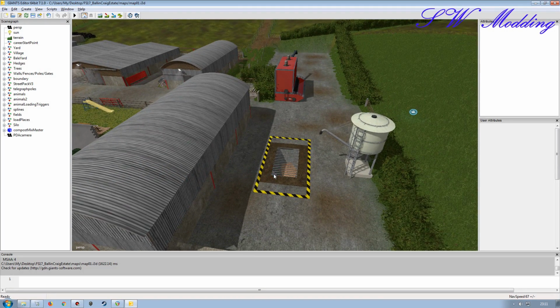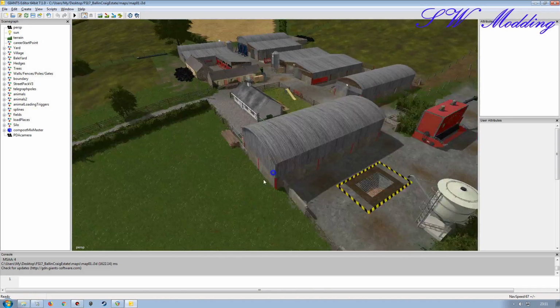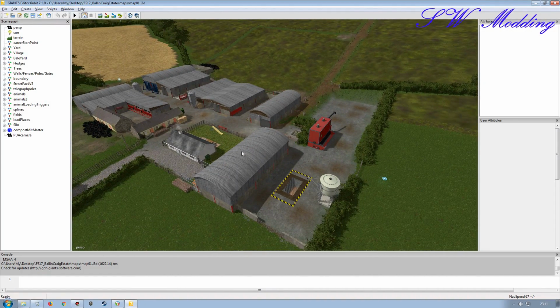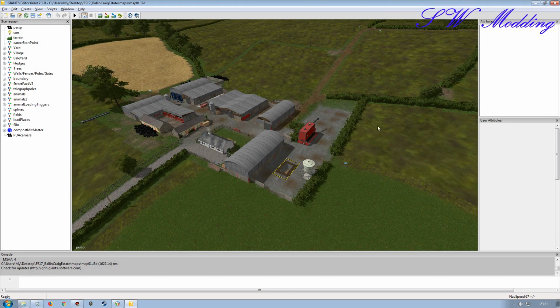So I've more than likely got various different shaders in places that I don't need them anymore, and textures that I don't need anymore, and things like that. They're not required by the map. So I figured, why not just integrate this into a video to show you a method that I've used a couple of times when I've made massive changes to maps, to try and get rid of all the irrelevant stuff,